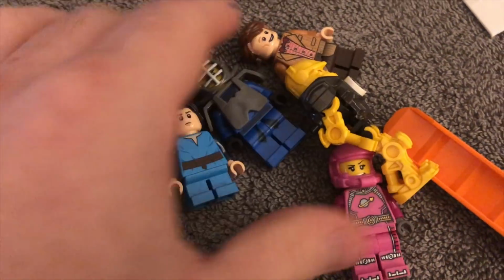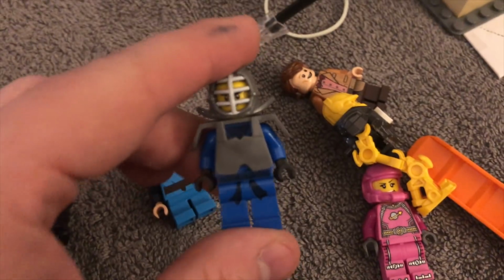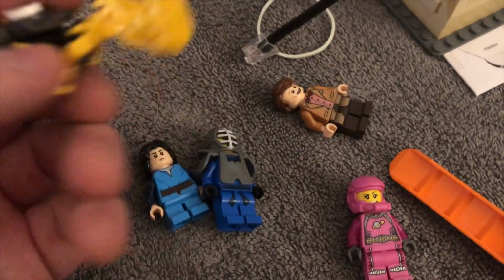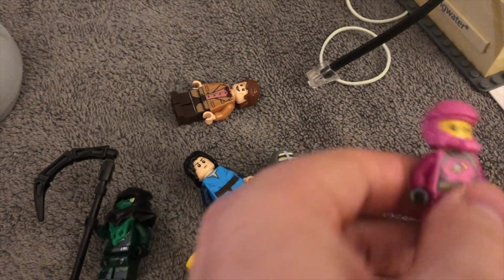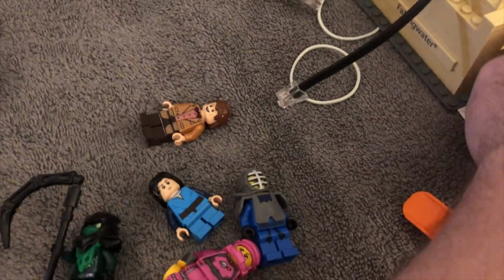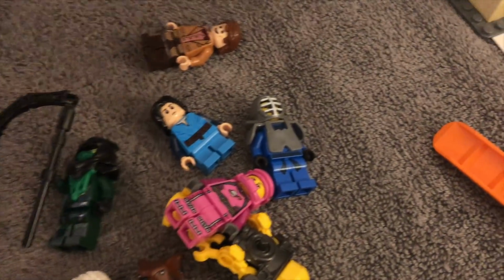Little kid Boba Fett. I always loved this Jay figure, even though I'm not a huge Ninjago fan. This Hero Factory figure was really cool. Doctor Who, I didn't have him before, so it's cool to add him. And I just thought she was cool. And then I found this CMF Judge in there, but I am saving my favorite part for last,